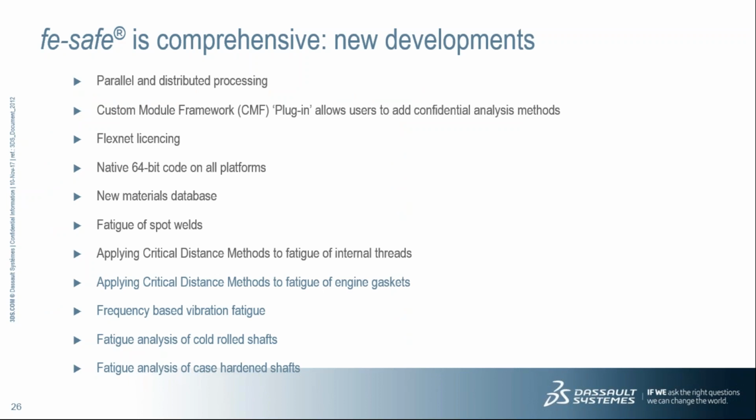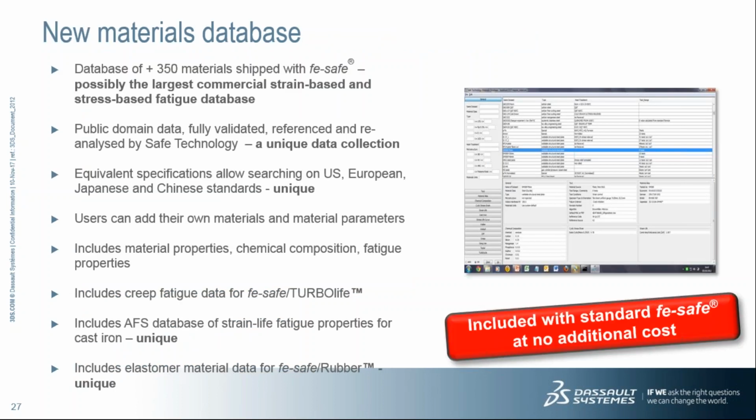It has a material database with more than 350 materials, now nearing 500, whose properties are incorporated in terms of SI units or US, European, Japanese and Chinese standards. Users can also add their own materials and material parameters, including material properties, chemical composition, and fatigue properties, and it also includes creep fatigue data for FE-safe TURBOlife, and elastomer material data for FE-safe Rubber,